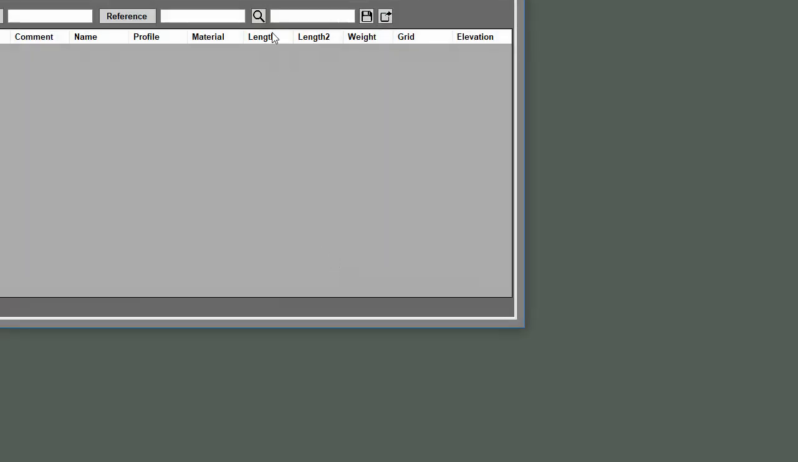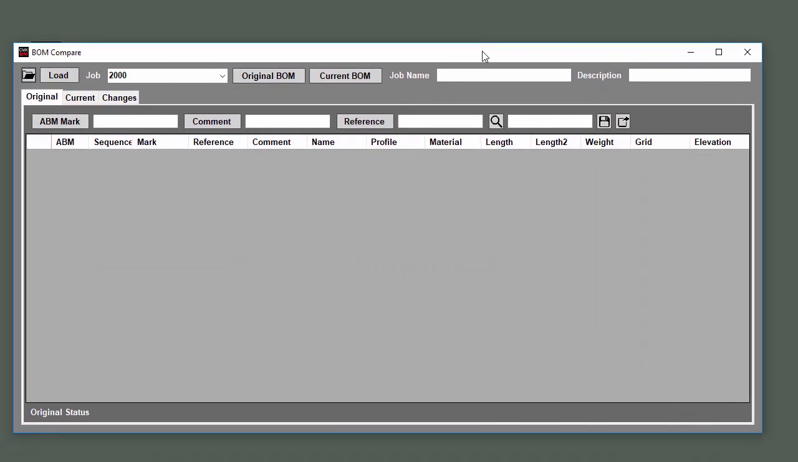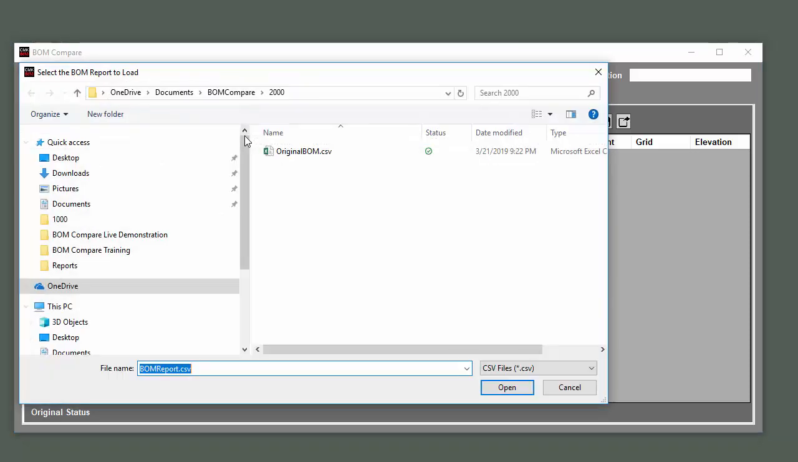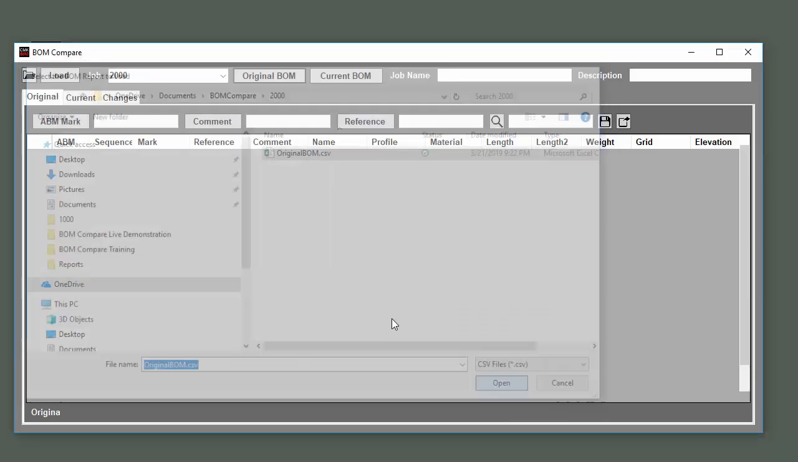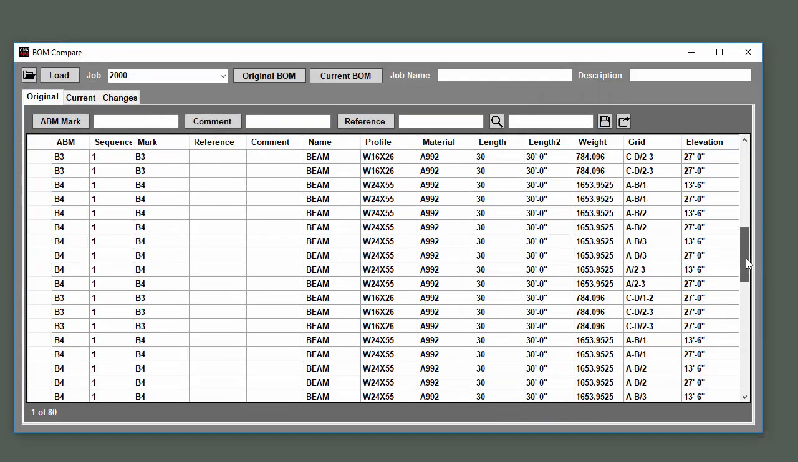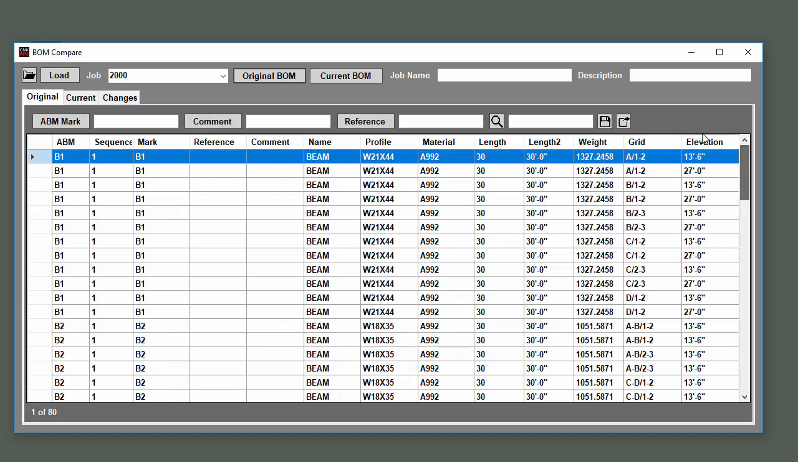Now let's launch the standalone desktop application here, and we can see that we've got job number 2000, and we can select that and press load, so that we're currently active in that directory. And then I'm going to press the original bill of material button, and browse into that 2000 job folder and see that CSV that we exported from Tekla Structures. So I'll go ahead and open that,